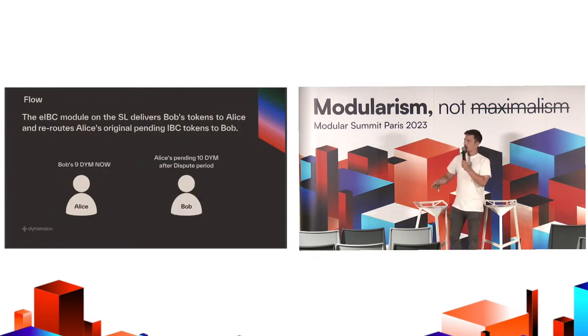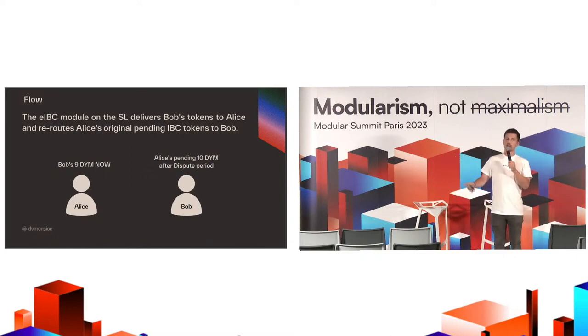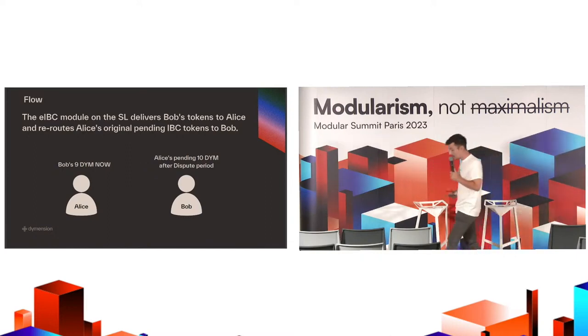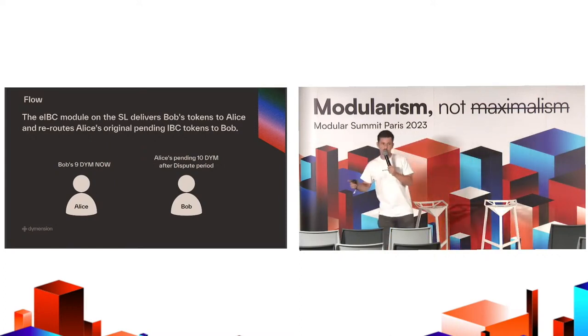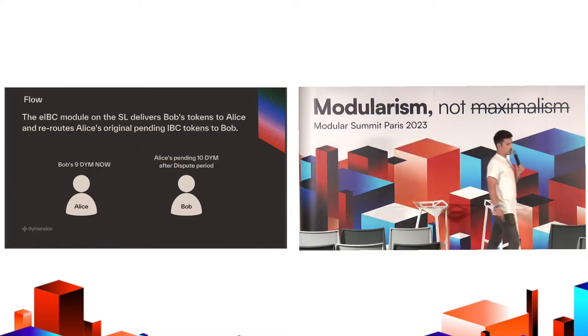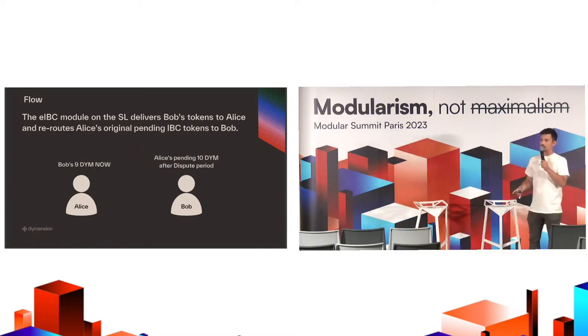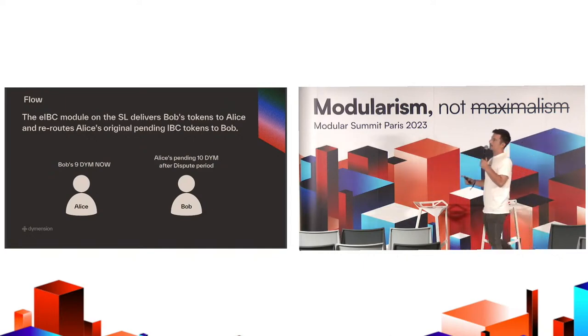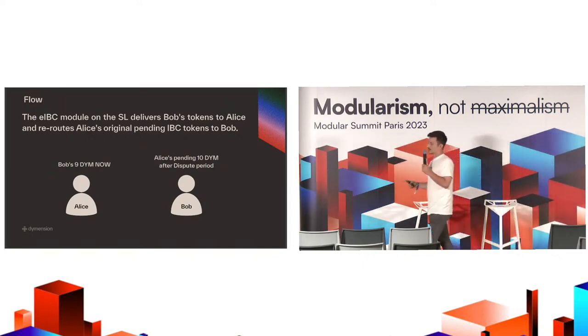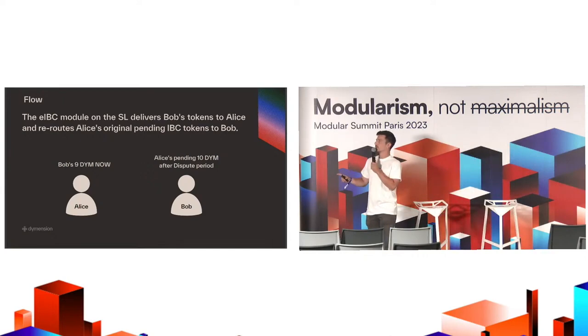The eIBC module on the settlement layer delivers Bob's tokens, right? Bob sent 9 tokens and now delivers the 9 tokens to Alice immediately, right? So Alice wasn't capable, or she didn't want to wait. She got her 9 dime immediately. And the original eIBC message of Alice, the 10 dime, is now waiting for finalization, but it's rerouted for Bob's